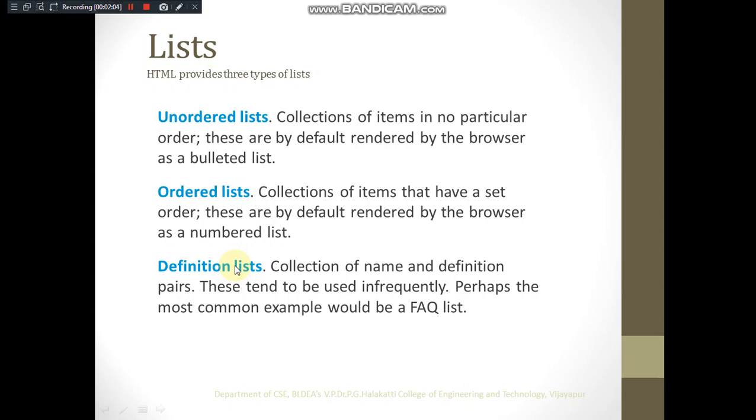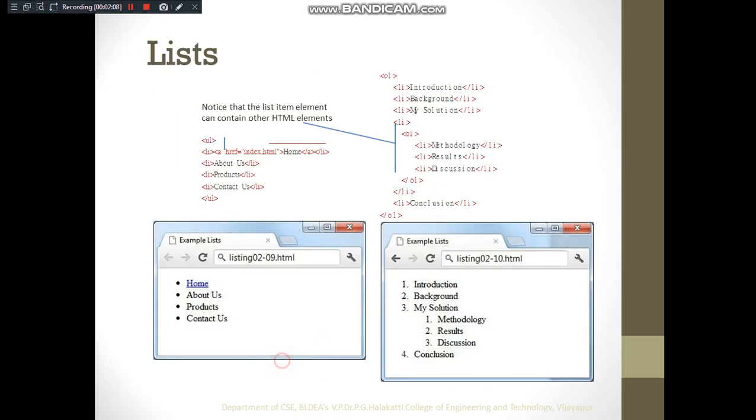In order to make it more clear, let us look into the example of unordered and ordered list. You can observe here, in order to specify the unordered list, that is a bulleted list, we are using a block tag UL that indicates the unordered list, as you can guess. And the output of this you can observe here.